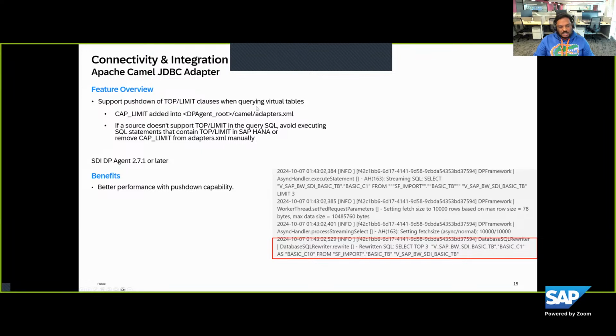So when you're using the Camel JDBC adapter, in order to support this, you have to go to the DP agent root directory. Under the camel subfolder, there is an adapter.xml. In this configuration file, you will need to add cap underscore limit. Once you add this cap underscore limit, the Camel JDBC adapter is capable of